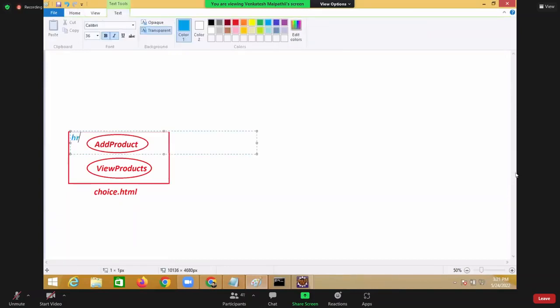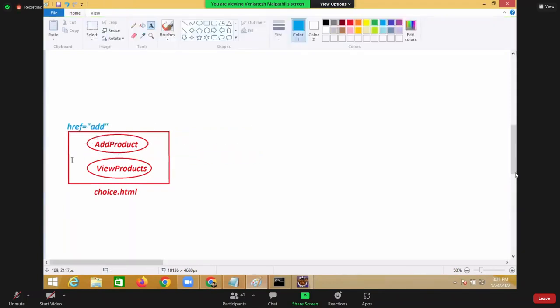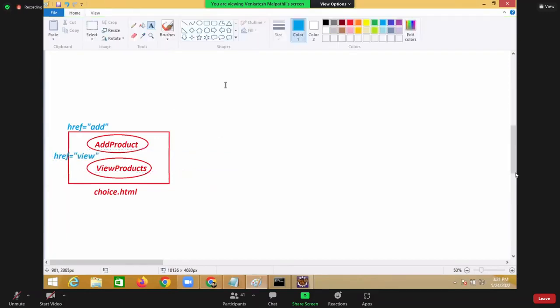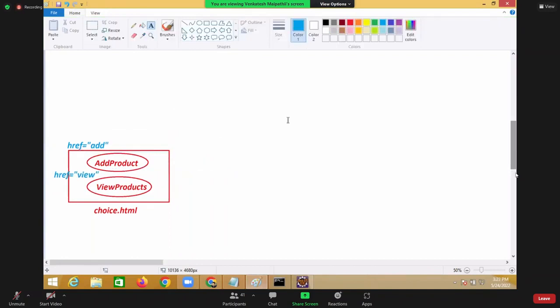So here href is equal to one URL pattern, add. Here href is equal to one URL pattern, view. Now, whenever I click on this add product, control will come to here. One minute. Add product means